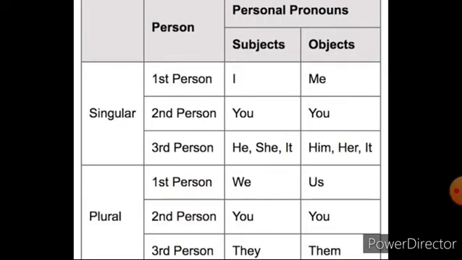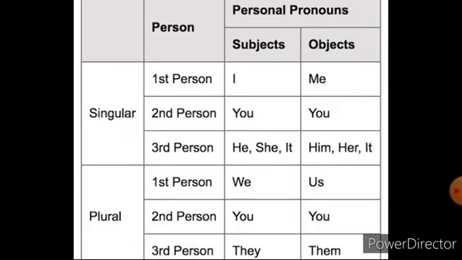That is singular, then plural. Singular means only one, plural means more than one. The first person means the speaker referring to himself, and then second person means whom someone is speaking to or writing to, and third person refers to someone else, not you and me. It is some other person. That is third person. First person singular means I. Second person singular means you.